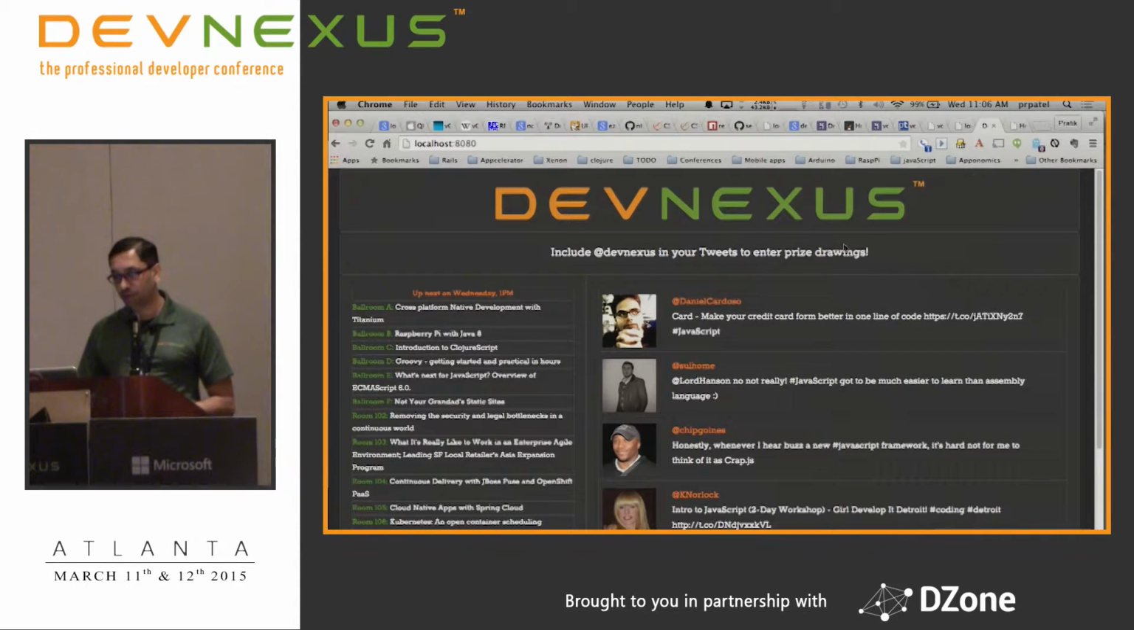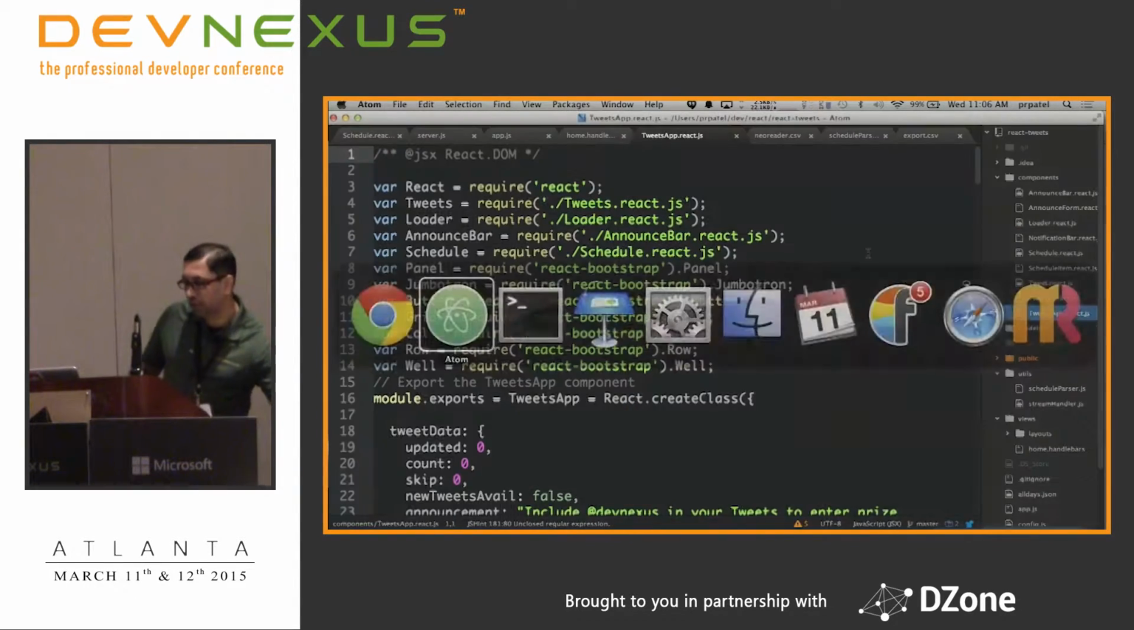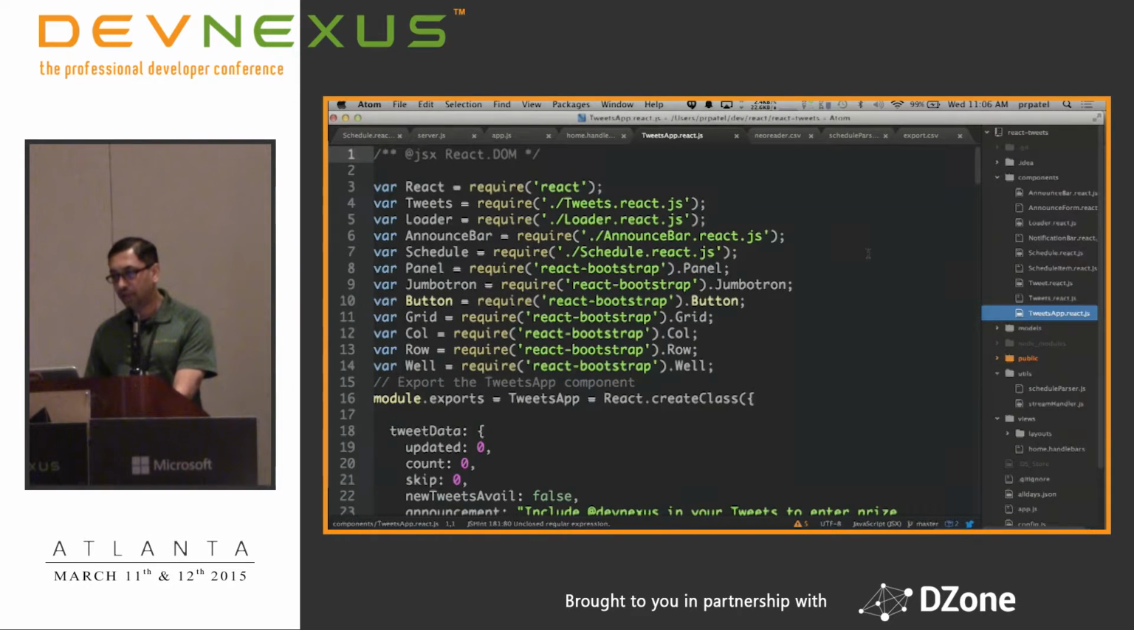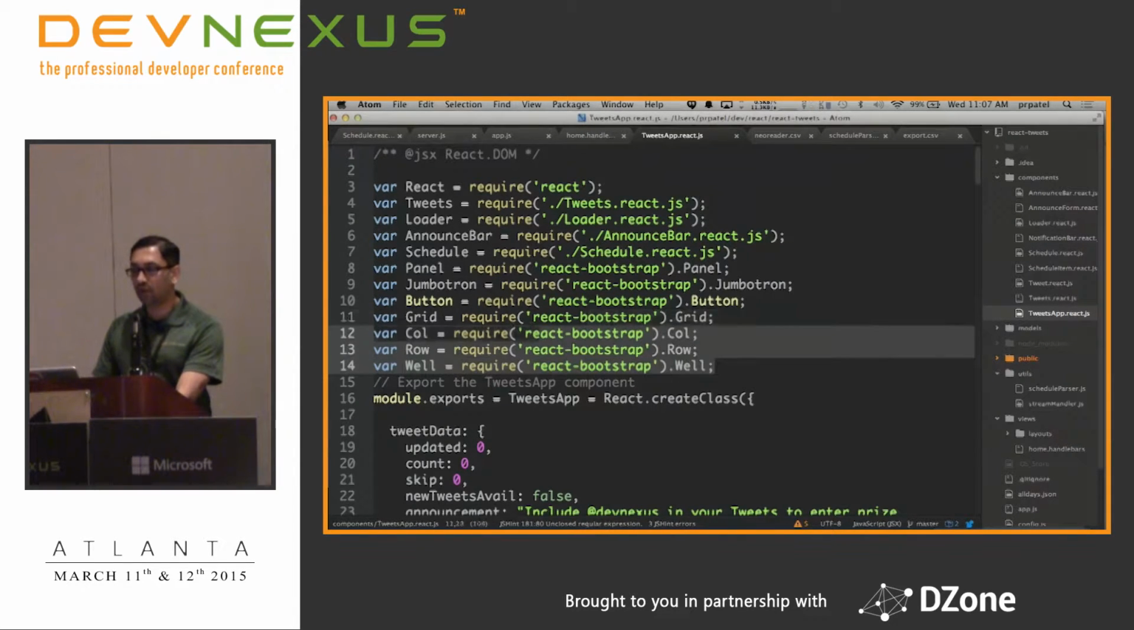Okay. So if we look at this, you'll see this is the announcement bar. This is that tweets panel, schedule panel. These are all React components. This is 100% components, right? Everything is components, basically. What I'm using here at the bottom, all these little things here, is a library called